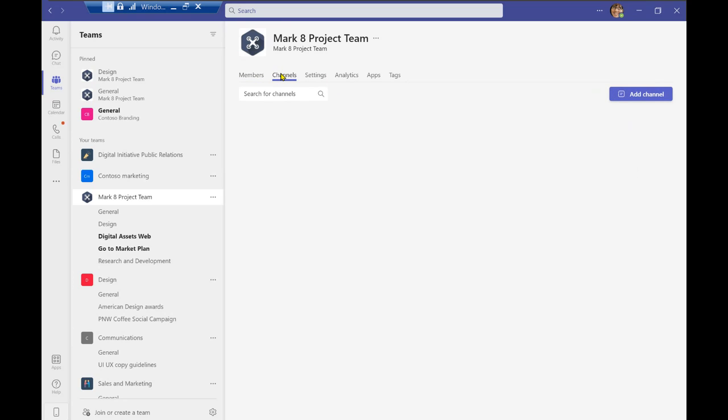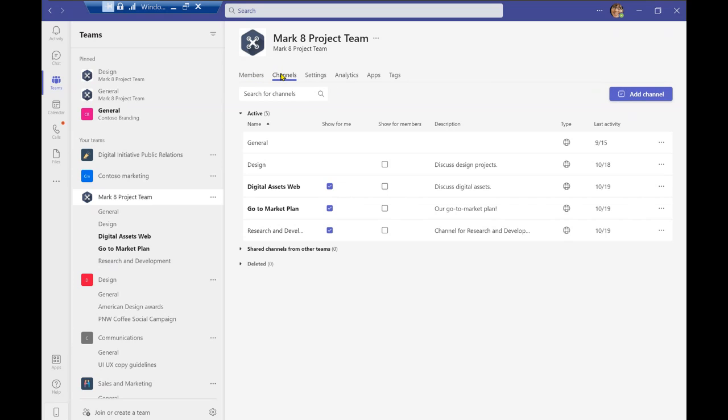Now we go along to our tab line and we select the channels tab, and you'll see the different channels that are a part of the Market Project team. Now in the Market Project team, you can see that the channels that are a part of it are public, and the information that you do want to be seen, as in show for me, you can choose to select them. And if I choose to unselect them, then that information won't be seen. You can choose to have that information be seen for members or not for members if you choose to do so, and have that customization feature with your membership capabilities.